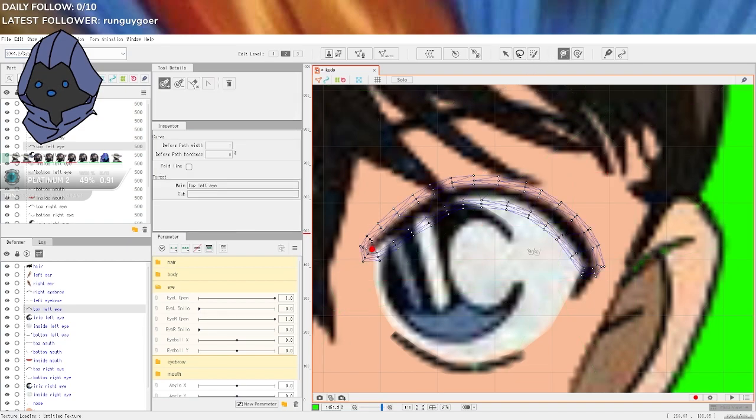So add from one end to the other end, then the middle. Shape of our eyelash. I like to work with 5, so I'm going to put one more here and one more here. These points are going to make it easier for us to transform organic shapes, as you guys can see. And this is